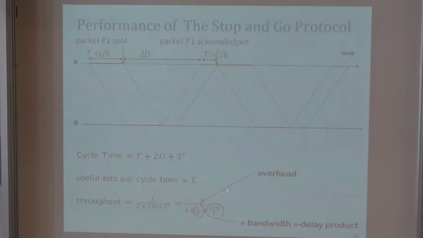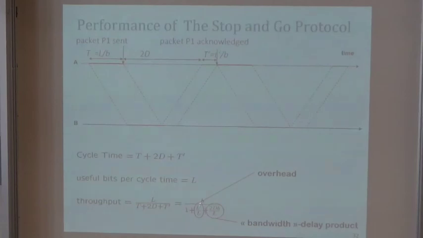I can compute the throughput for this protocol by simply counting over time how many useful bytes I receive divided by the total time. And I will see that it is equal to B, which is the bit rate, how many bits I could transmit if I would be always transmitting, if there would not be this protocol. And I see that it's B divided by 1 plus two things.